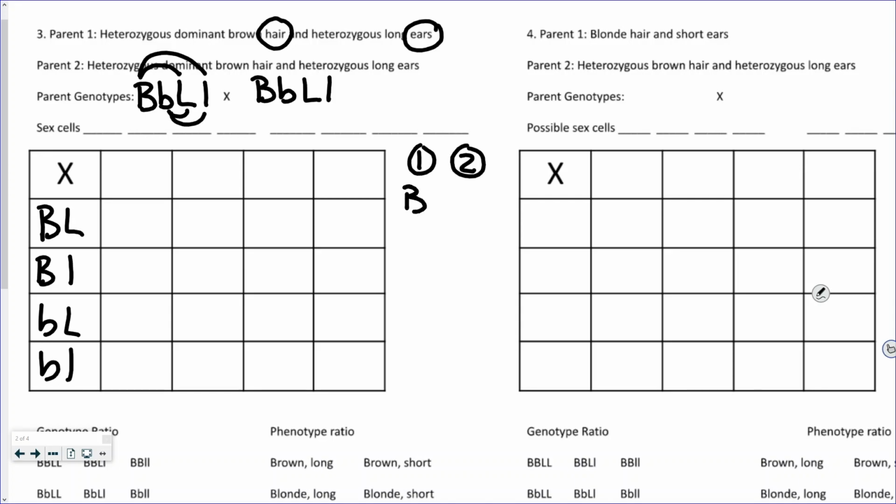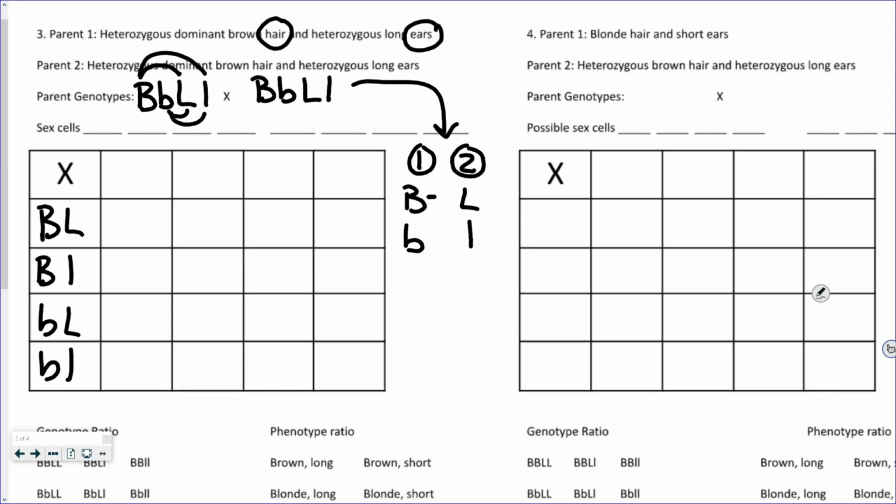For this parent, we're looking at parent 2 now, so their traits are here. They have 2 options for the fur color, a capital B and a lowercase b, and then for the ear length they have a capital L and a lowercase l. So you can figure out all their possible combinations doing it this way too, saying that if parent 1 donates